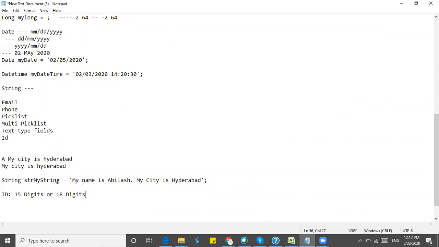Let's say you have defined an account ID and you are trying to give some random text, then Salesforce will not accept it. If you define this and give some dummy data in your Apex class, Salesforce will not accept it.